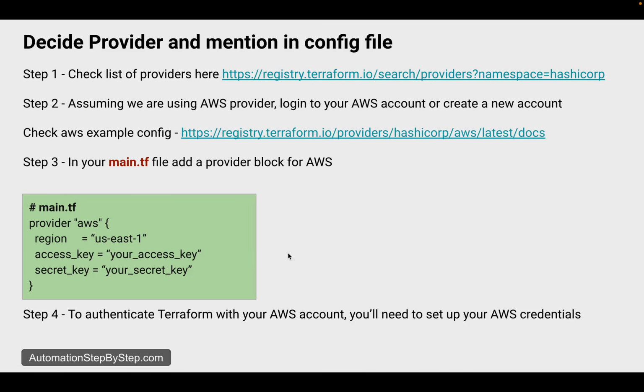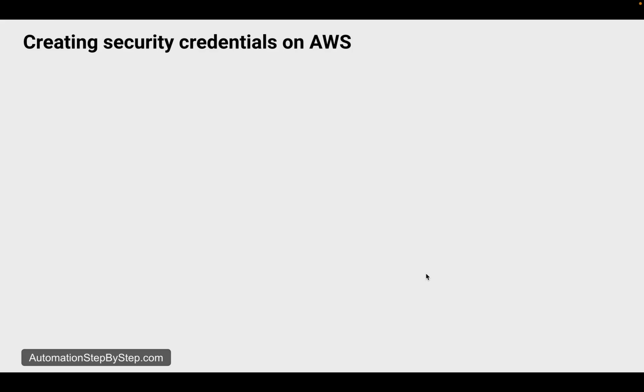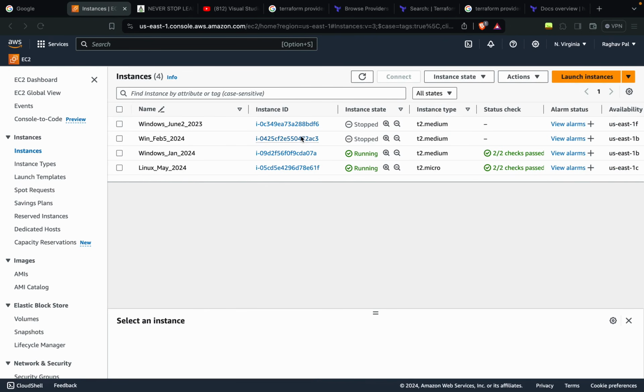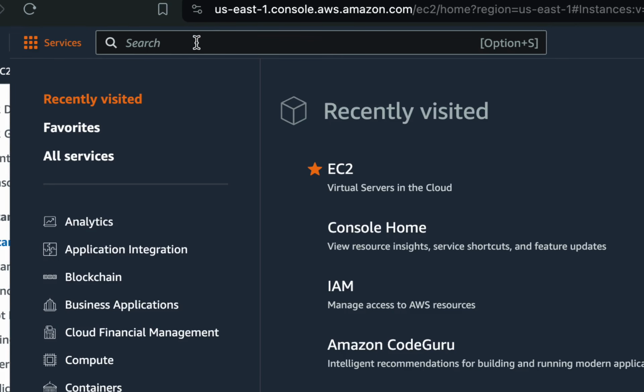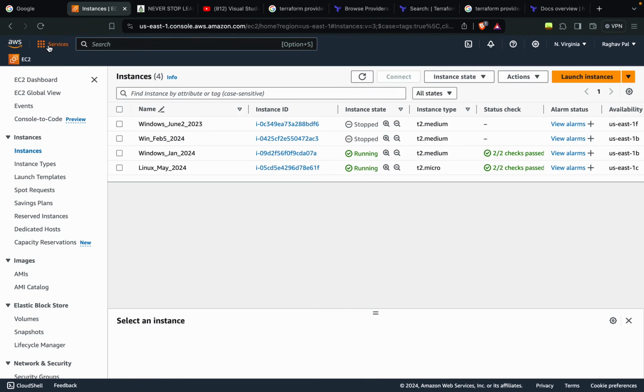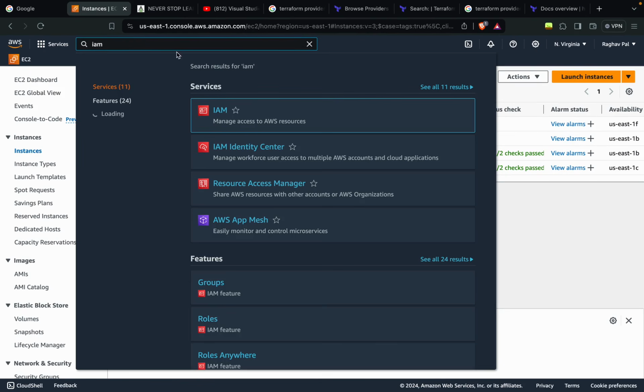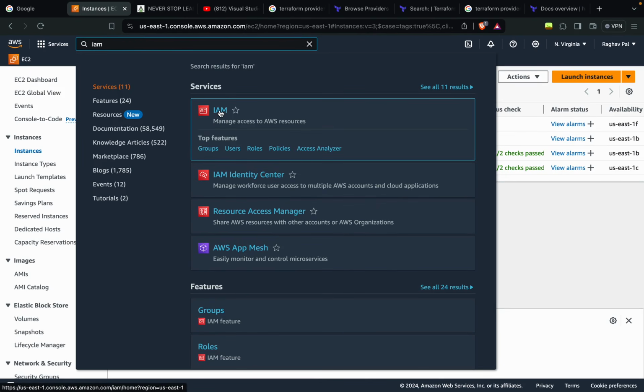Now to authenticate the provider account, we will have to set up the credentials. In this case we are using AWS, so we have to give our access key and secret key, and for that, setting up the security credentials on AWS, log into your AWS account and go to Identity and Access Management. At the top you can find services, and here you can also search. If you search for IAM, you will get this manage access to AWS resources. Go here,